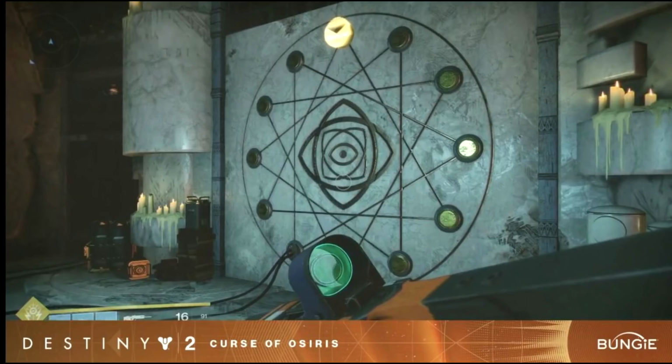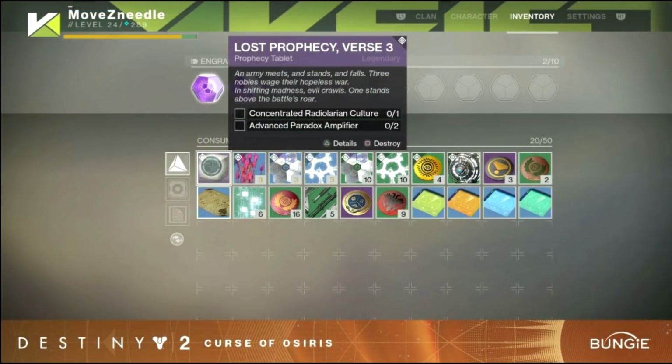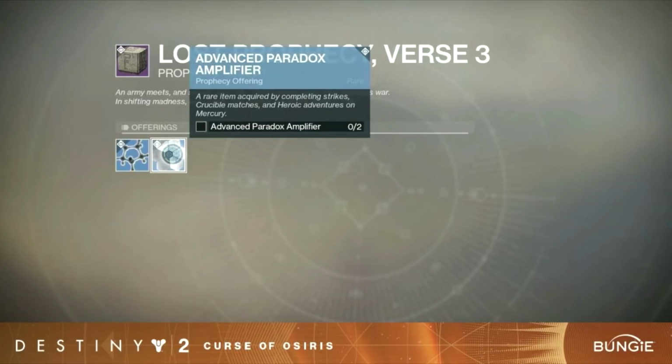So you go to Brother Vance and you pick a certain prophecy that you want to unlock. Then you complete the prophecy by getting the different materials required to fulfill it. So they showed off some of the materials. I took some screenshots, and you can see here, for getting this particular Radiolarian or whatever the actual material is,